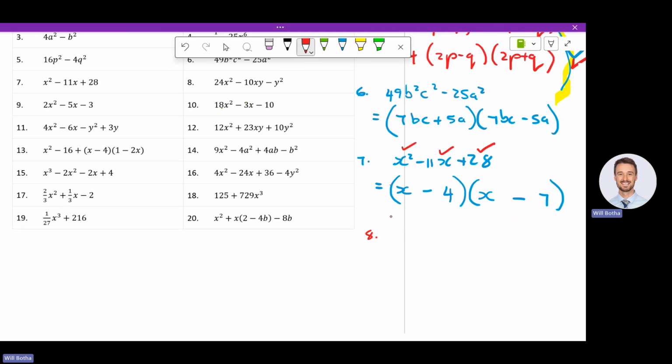Okay, so when we write a test and we get stuck on number 8, what do we do? Try number 9, 10, 11, 12. That's so real. Come on, lads.